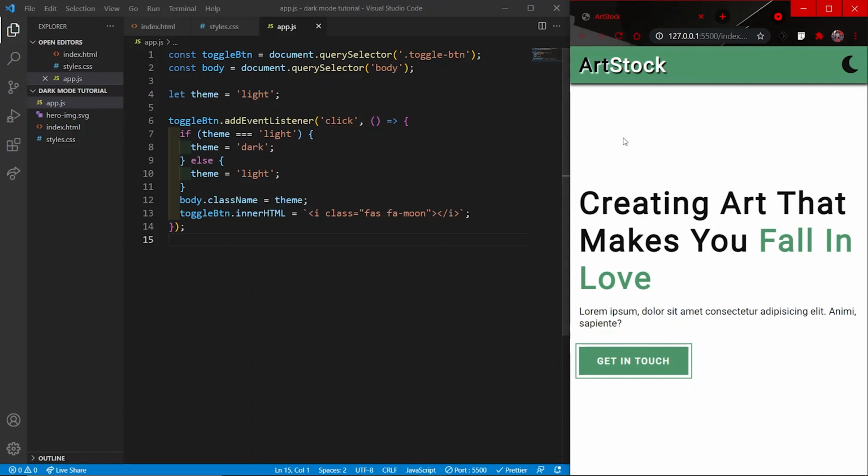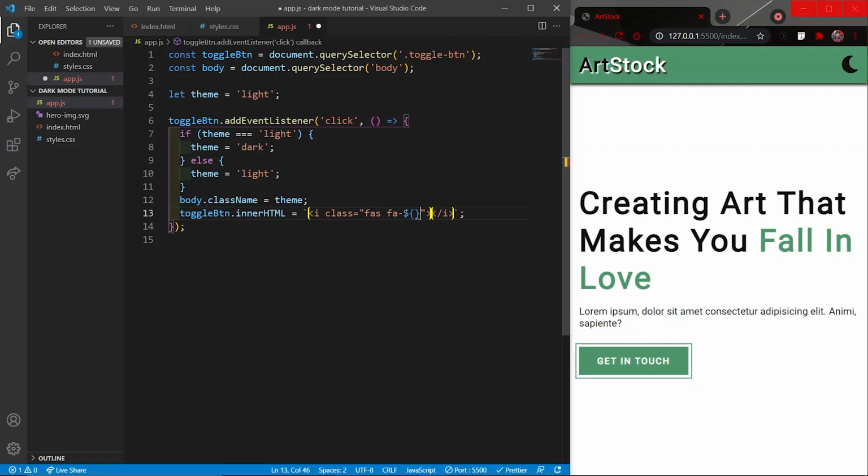So we have our innerHTML in the toggle button as moon. So we want it to be dynamic, so I will remove the moon, and using the ES6 template string, I will here use a ternary operator. So if the theme is equal to light, then the value here will be moon, and else it will be sun.